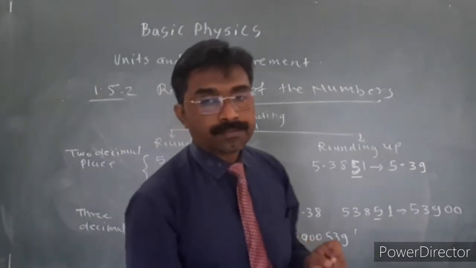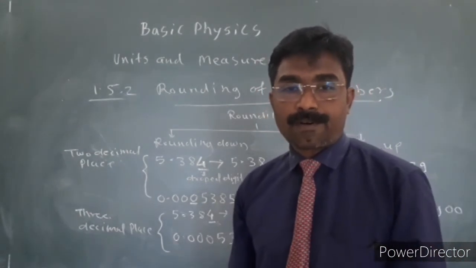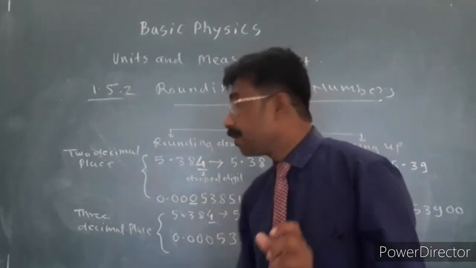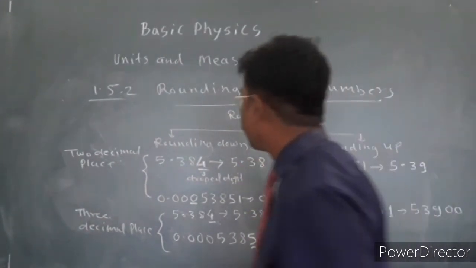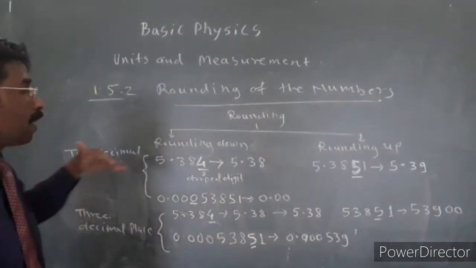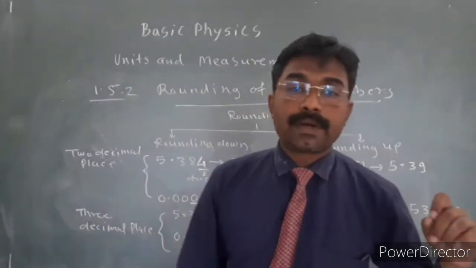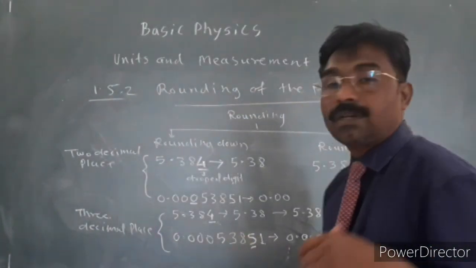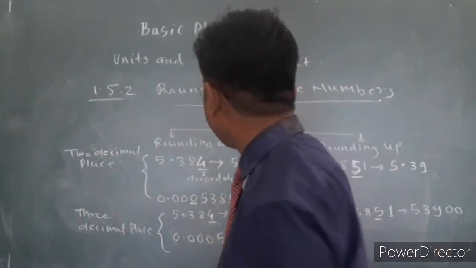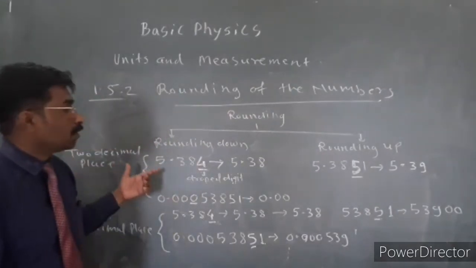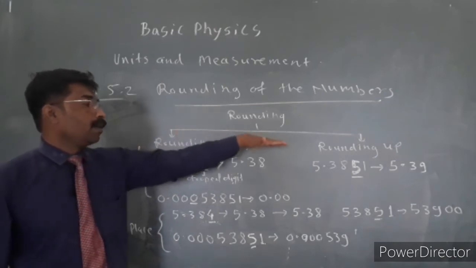When we solve a problem, it is necessary to write its result in numerical form, but that number must be in the form of a significant number. So the rounding down and rounding up methods play a very important role to give the correct decimal point, and to decide which digits we have to omit or which digit we have to increment, giving an increment to the last digit. That depends upon these two methods, the rounding down method and the rounding up method.